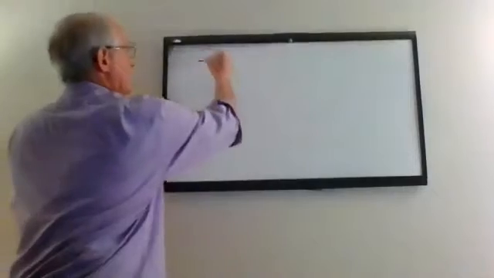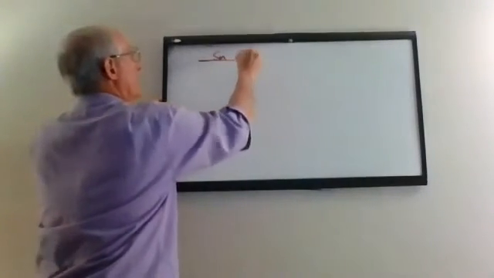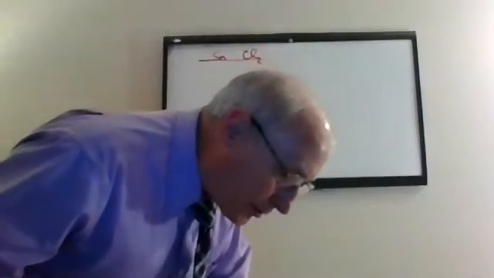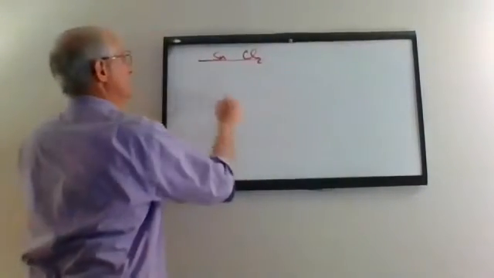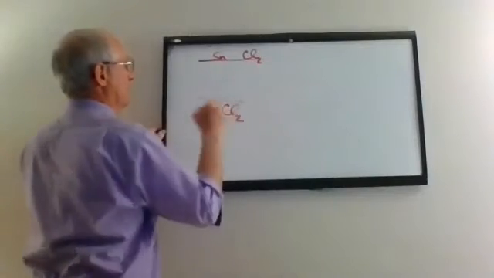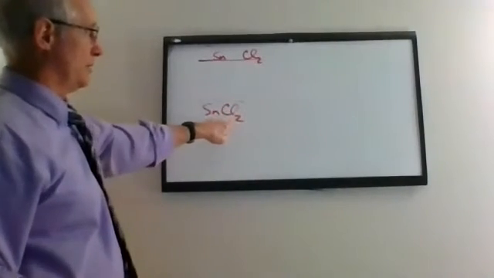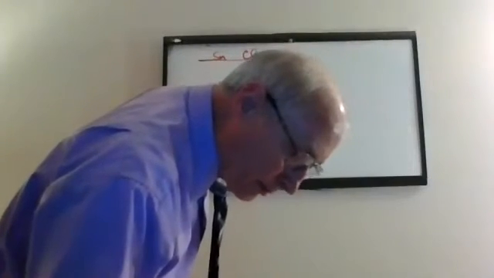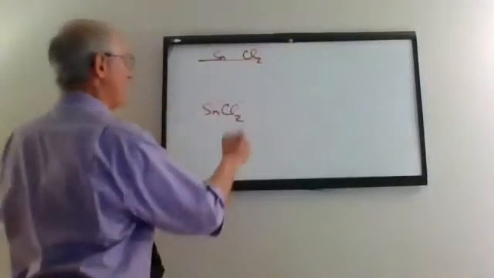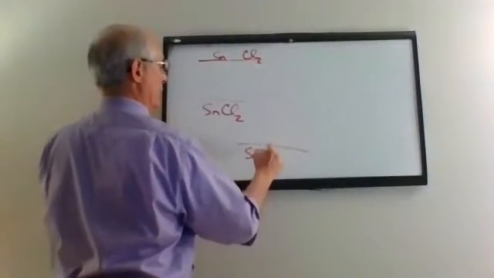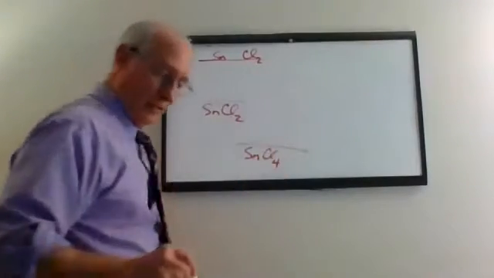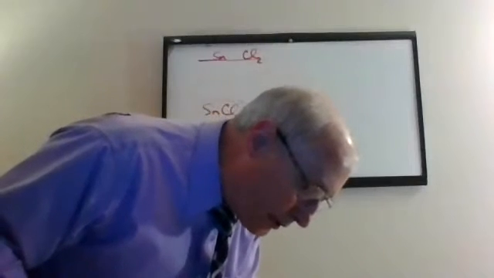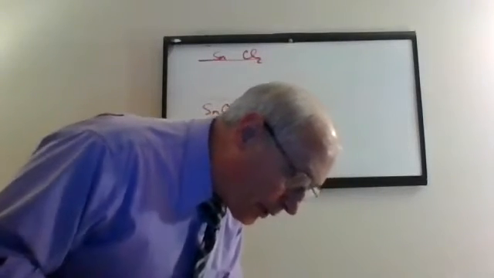When you're taking, let's see, what do we have on the top up there? Do we have tin and chlorine? And then what happens is they form tin 2 chloride. We know that's tin 2 because that's negative 1. There's 2 of them, so that's tin 2 chloride. And then we form tin 4 chloride. Okay, and so you release 325.1 kilojoules